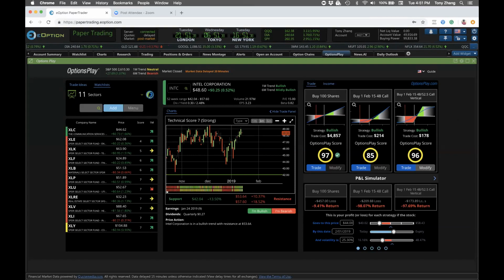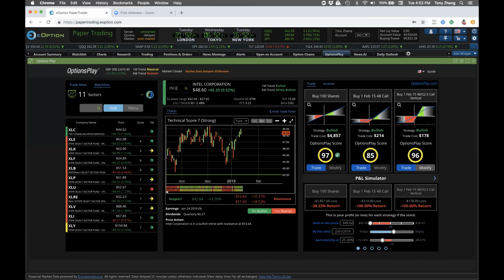So this allows me to start looking at not only what is my potential reward if I'm right on this trade, so if the stock does go up to 52, how much money do I make? About $209. And if I'm wrong, what happens if the stock goes down? I also lose about $209. So in this particular case, I have a fairly even gain to loss ratio, which is very similar to what I would make on the stock. However, I don't have unlimited losses to the downside. Even if the stock goes down to $30, I lose 17% on the stock, but I still only lose the $214 on the call option. And that's really the benefit of trading options going into earnings.